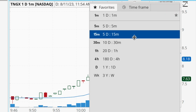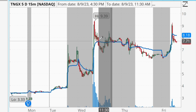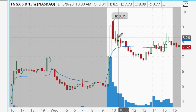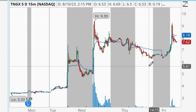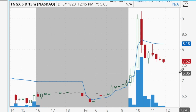But the reason that I was locking in the rest of my profits right around $8.40 is because if we take a look at the price action of the first day of this big spike, we can see that there are quite a few times right around $8.30 all the way up to about $8.50 where we get these long upper wicks on these candlesticks, and it starts to become a little bit of a resistance area. So like I've said time and time again, I always like to lock in some profits into resistance areas. And that is why I sold the rest of my shares and ended up with a profit of